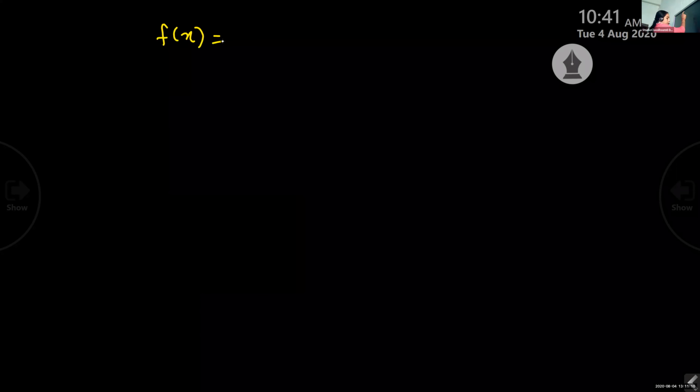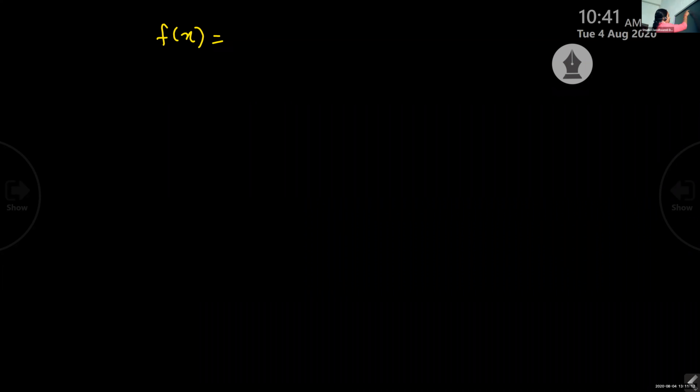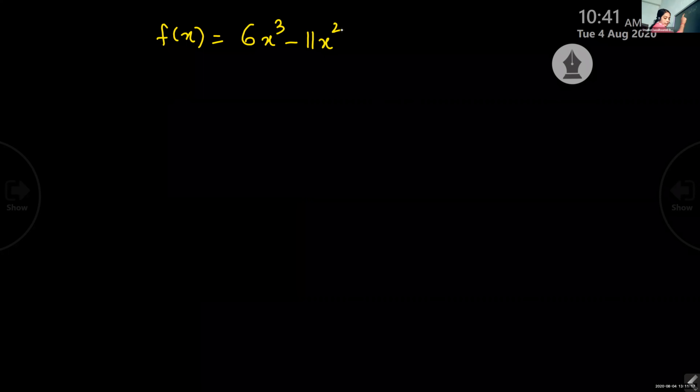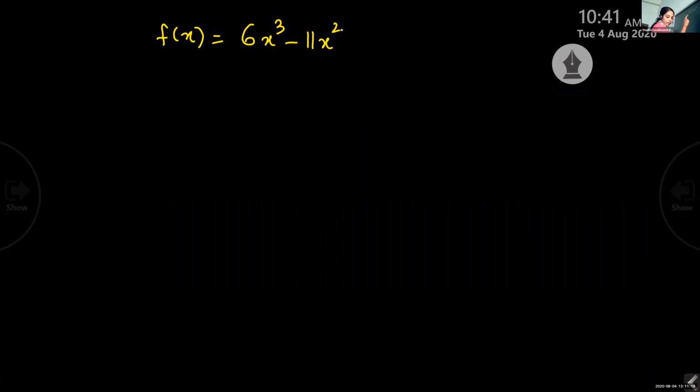So, this is our polynomial f of x. Is it same, the polynomial? Just check your question whether it is same or not. Is the same polynomial? Yes, ma'am. Same. Okay, same polynomial. So f of 4 by 3. You are going to find f of 4 by 3.